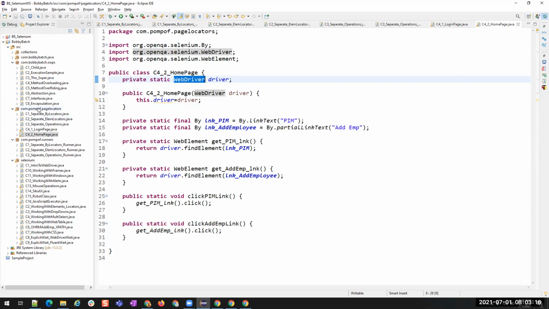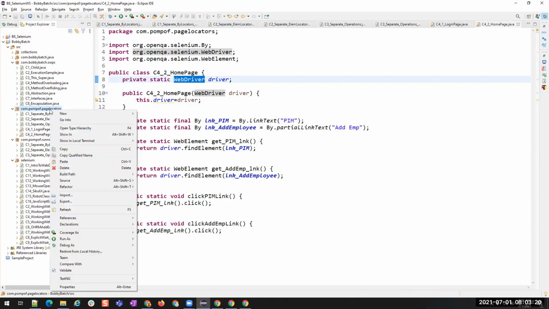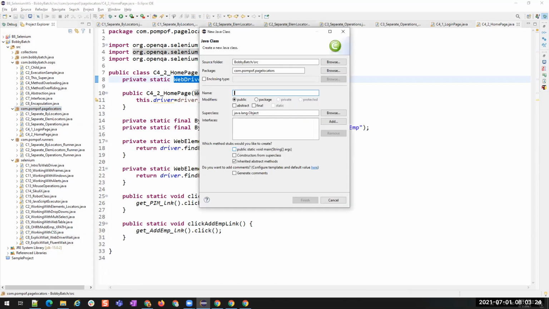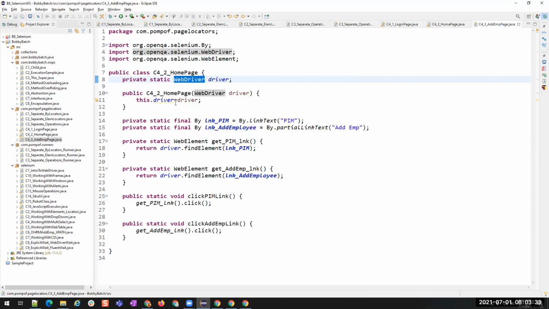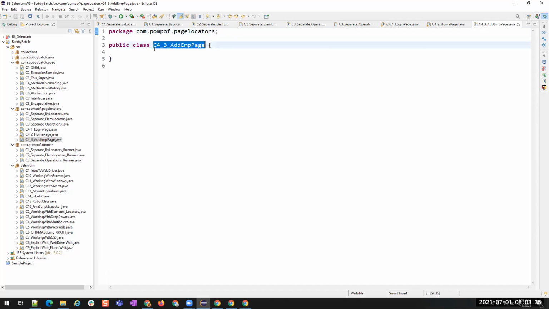Let us create another class for our add employee page, C4_3_add employee page. Now here also I am going to have the same constructor and all those things.